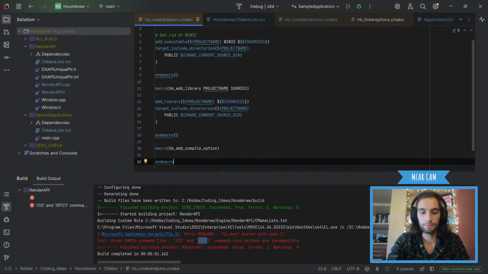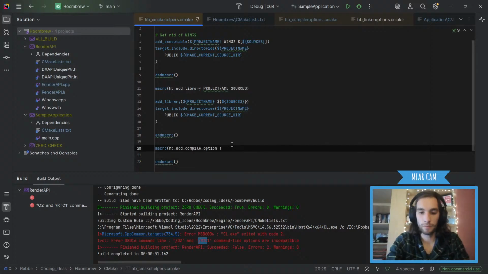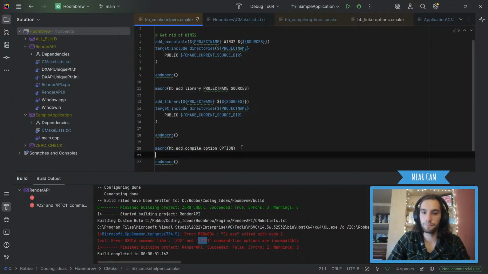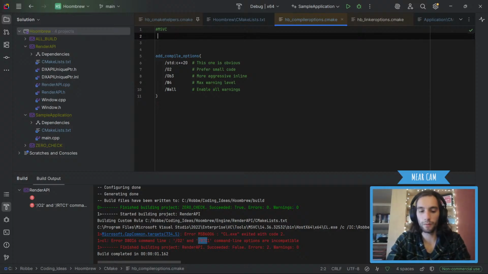And the macro. And will be option. And then all the arguments that are in there will be the lists, right? Hold on, how do we do this? We're gonna make a list basically, right? So we're gonna make define for list. So let's set